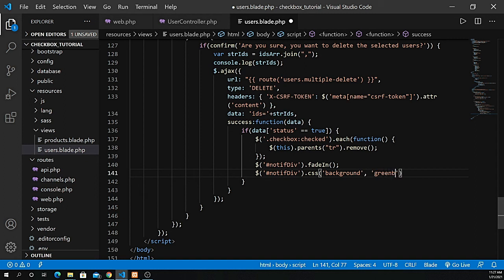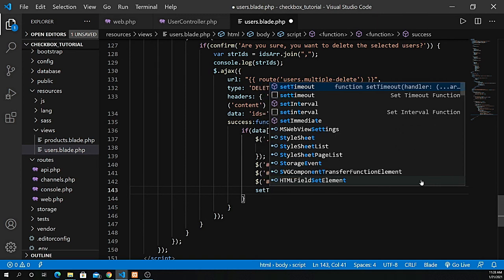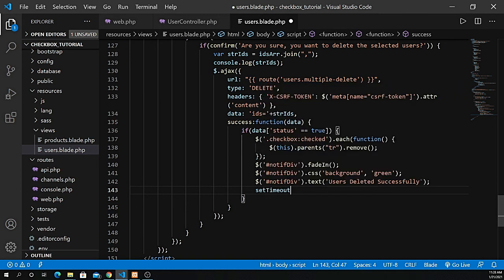So I'm using a complete jQuery way, right? So background green, and let's define the text here. Let's grab the ID, and pass the text by .txt, and say users deleted successfully. And next I need to have a setTimeout function where I need to define my